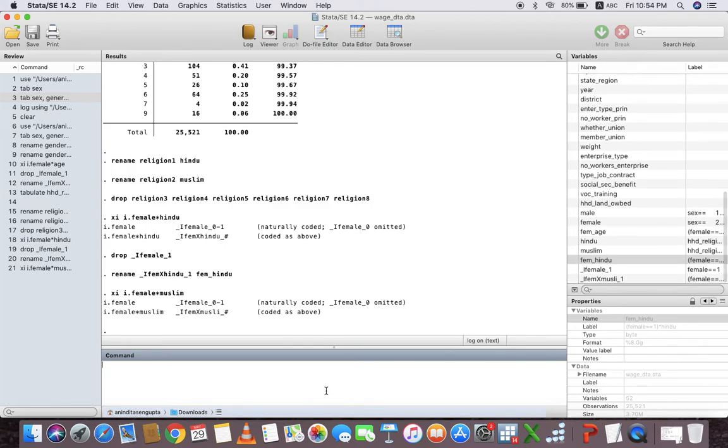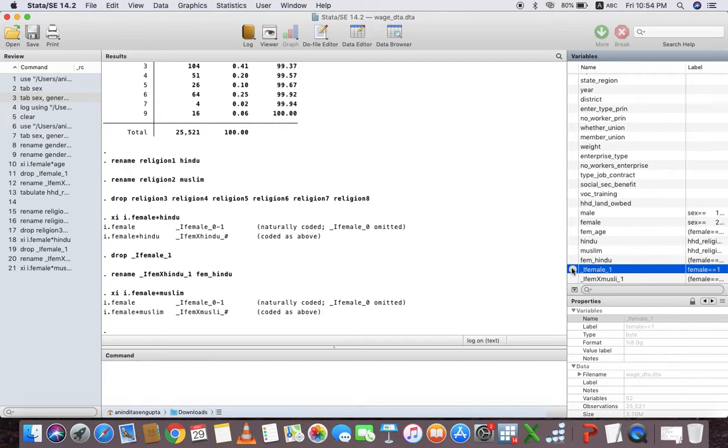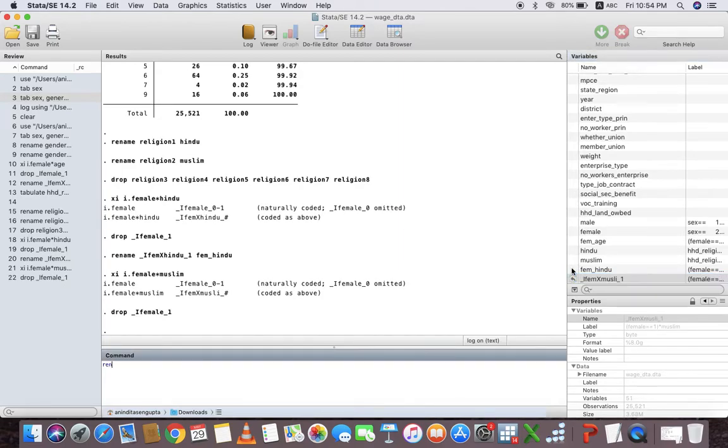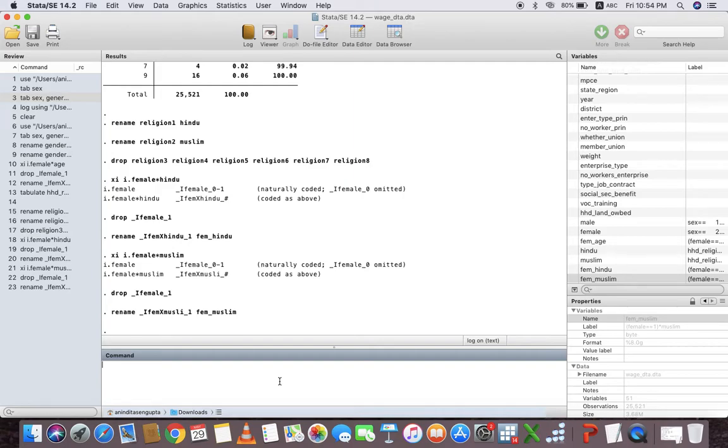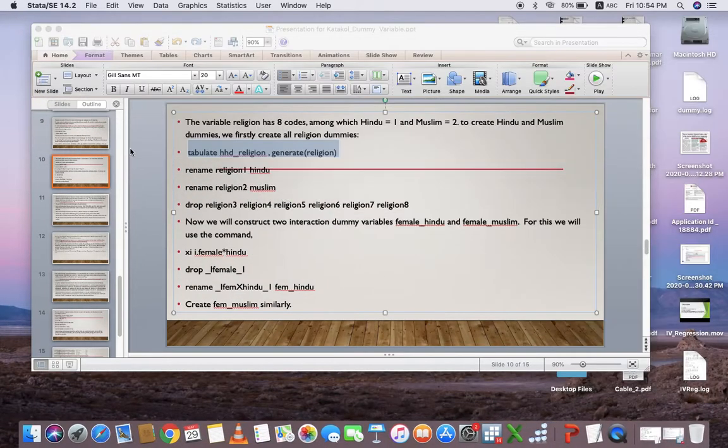Now, drop the first one and rename the second one as fem Muslim. So, we have created two interaction dummy variables, female Hindu and female Muslim.